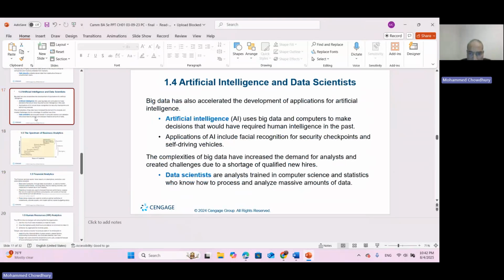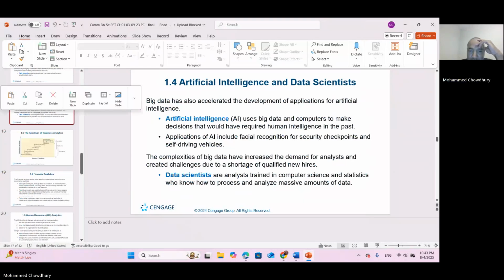The complexity of big data has increased the demand for analysis and created a challenge due to a shortage of qualified new hires. Data scientists are analysts trained in computer science and statistics who know how to process and analyze massive amounts of